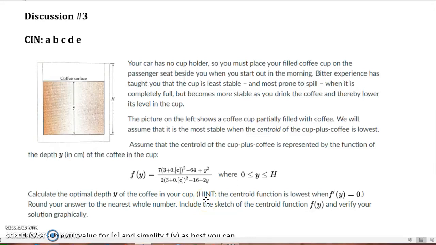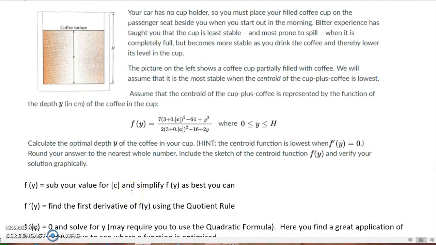It says the centroid function is lowest when its derivative is equal to 0. Round your answer to the nearest whole number, include the sketch of the centroid function f of y, and verify your solution graphically. So a lot going on here, a little calculus work for you, and also some graphical work,